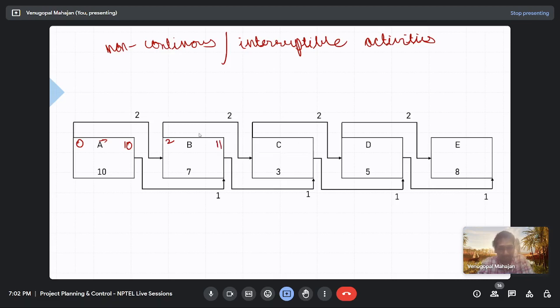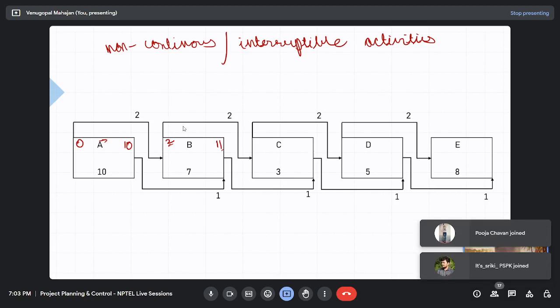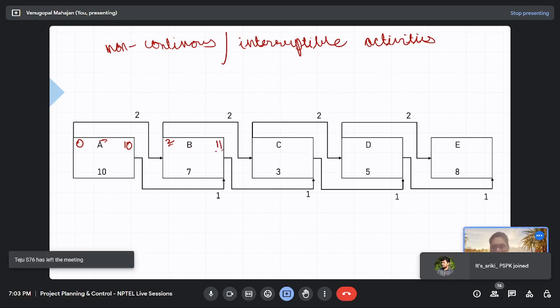How so? 2 plus 7. So that means the duration of activity B increased, right? I mean, earliest it can start on 2 and earliest it can finish on 11. That means 9 days. Sir, instead of 2, it would be 4. Yes. Okay, so that is the only difference between continuous and interruptible activities. We are interested in the relationships now and not keeping the duration fixed. Okay, you got an idea? So let's do it for the remaining activities and we will see.